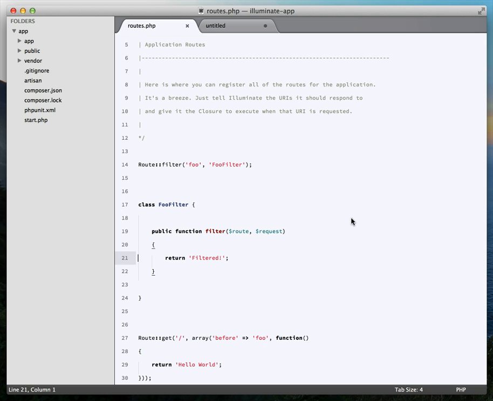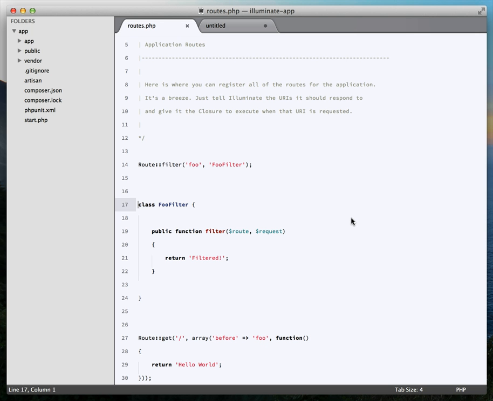And I'm doing the same thing as we did in our callback. I'm just returning filtered as a string, so it should operate the same way as our callback. The difference is in our unit test, we can new up an instance of this filter. We can inject dependencies. To backtrack, this is resolved through the Laravel 4 IOC container, so it's going to automatically inject your dependencies to give you full testability there. You can pass in mocks, and you can make sure this filter is behaving exactly how you want it to